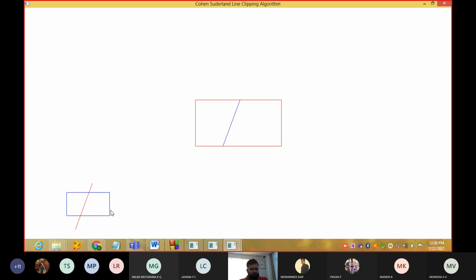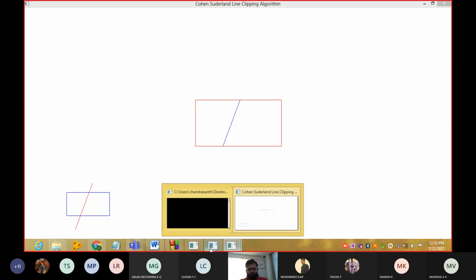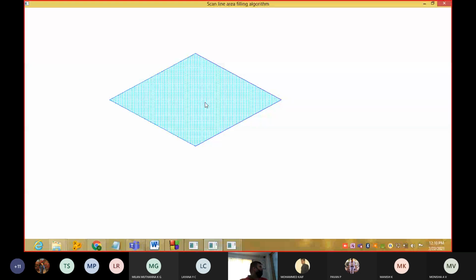So this will be x minimum, y minimum, this will be x maximum, and this will be y maximum. This will be x naught, y naught, and this will be x1, y1. So this will be your x minimum, y minimum, this will be x maximum, this will be y maximum, and this will be your new x comma y and this x comma y. Like that, to get this as the output, first what we need to do?